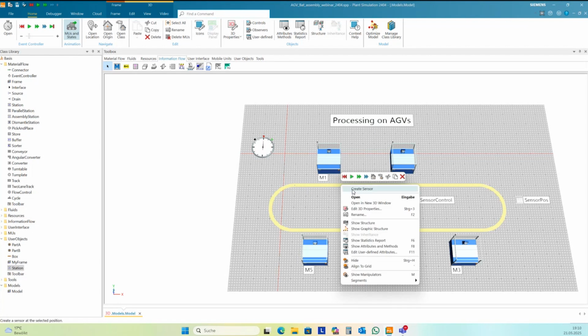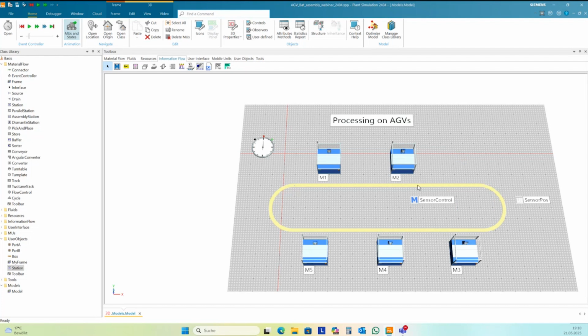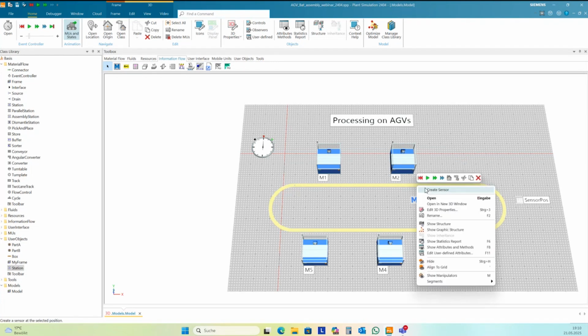And so I create sensors and assign the sensor control as control here.